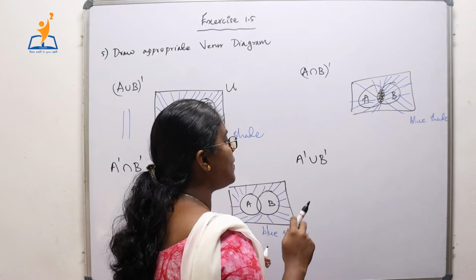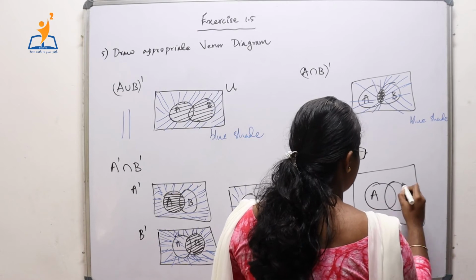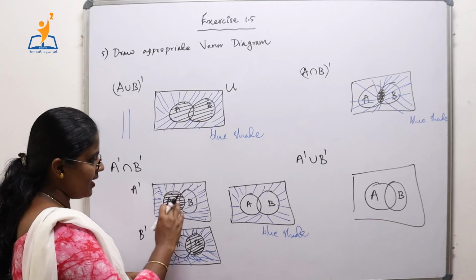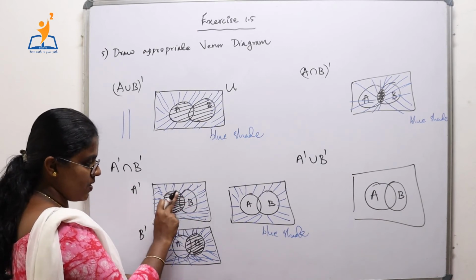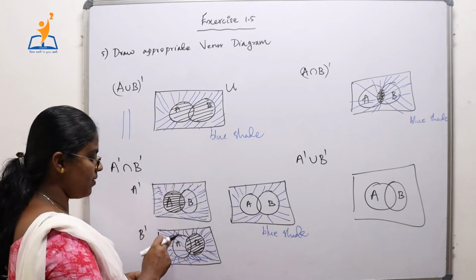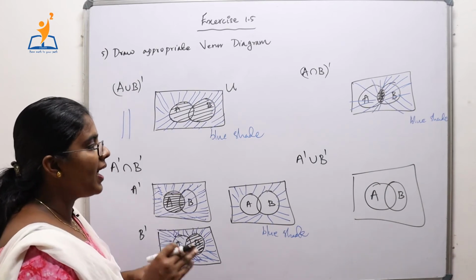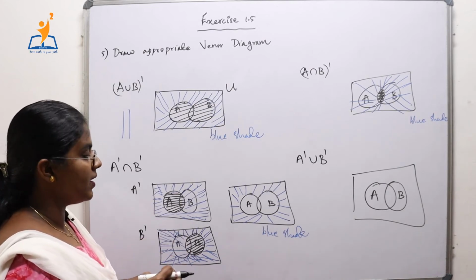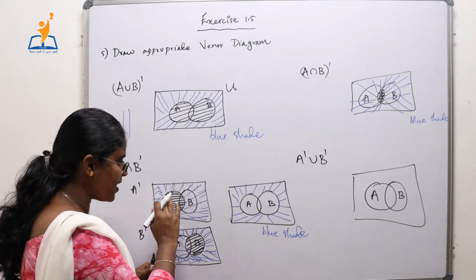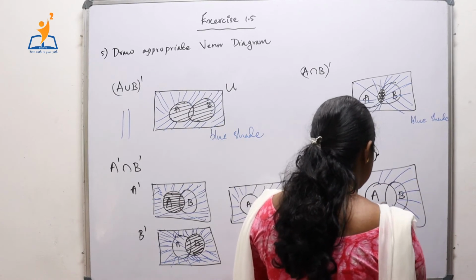Now we want A complement union B complement. So we have A and B, and we know what A complement is: the region shaded with blue here, because this was A and all the other region except the black shaded part is the A complement. And what is B complement? Except B, all the other region is B complement. We want A complement union B complement, which means all the region shaded with blue in this figure should be shaded, that is except A, all other things.